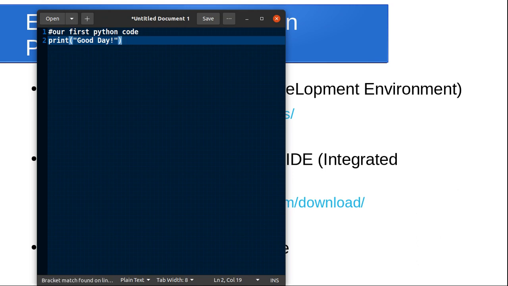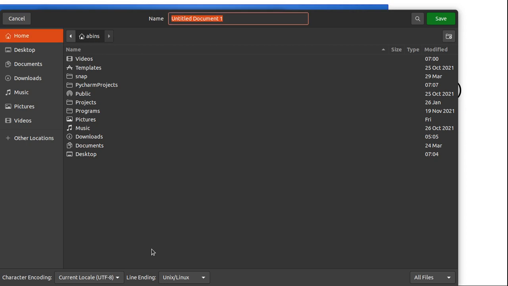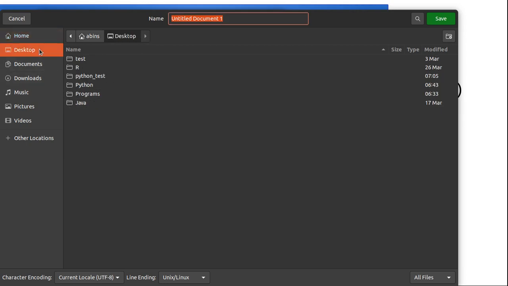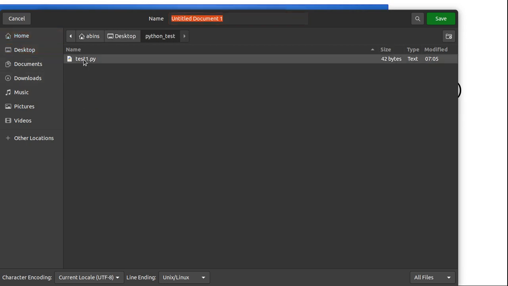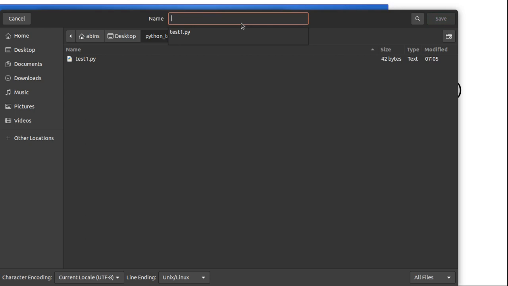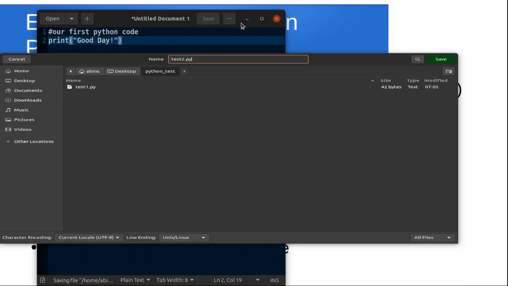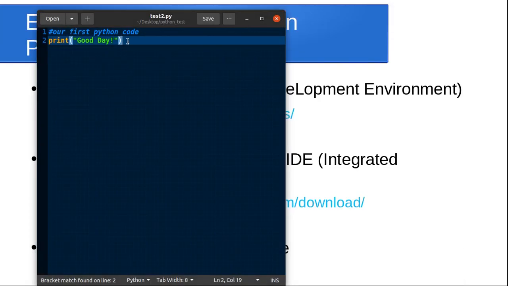To save this code, use Control S, and then I'm selecting the desktop, this python_test folder. Already we have the test1.py file, so I'm going to give the name test2.py. Now our Python code is ready for execution. To run this code,